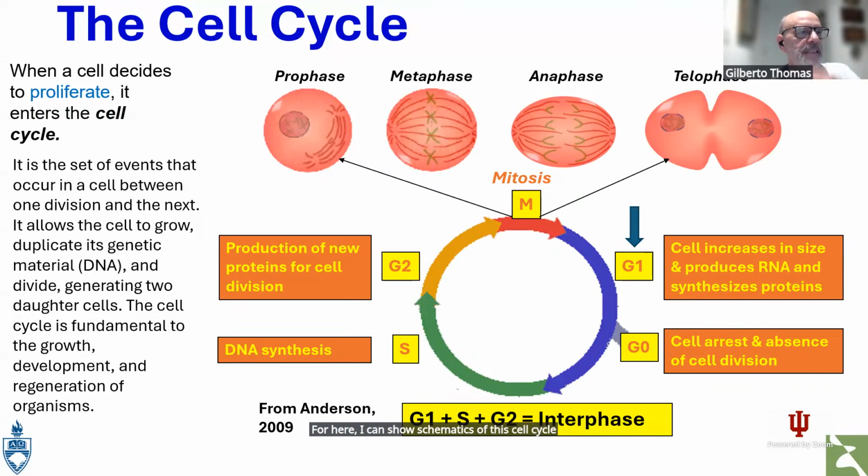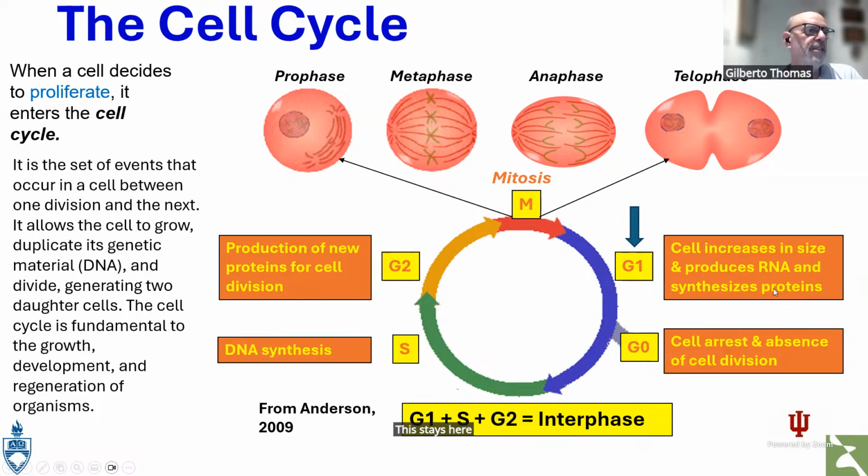The cell cycle has 2 main phases, let's say that way, which is the interphase, which is composed of 3 secondary stages, G1, S, G2, and G0 actually. And the final one is the mitotic phase, where the cell really divides